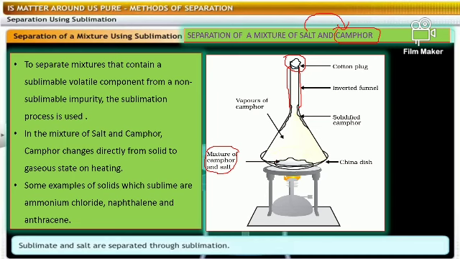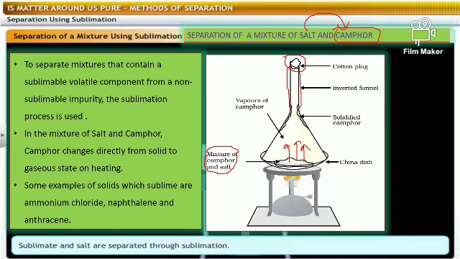So what will happen? The sublimable substance will directly come into vapor. If you take camphor, the camphor will be converted into vapor. If you take ammonium chloride, vapors will be formed. So these vapors will go up.